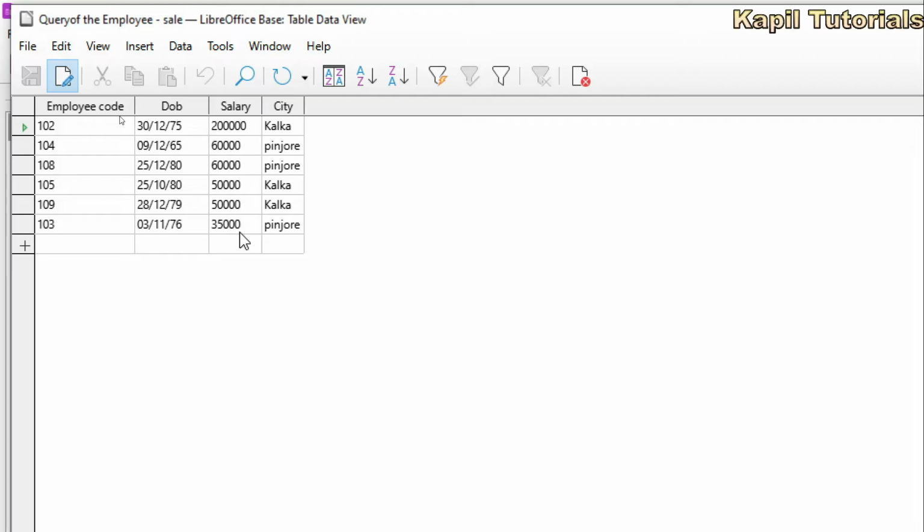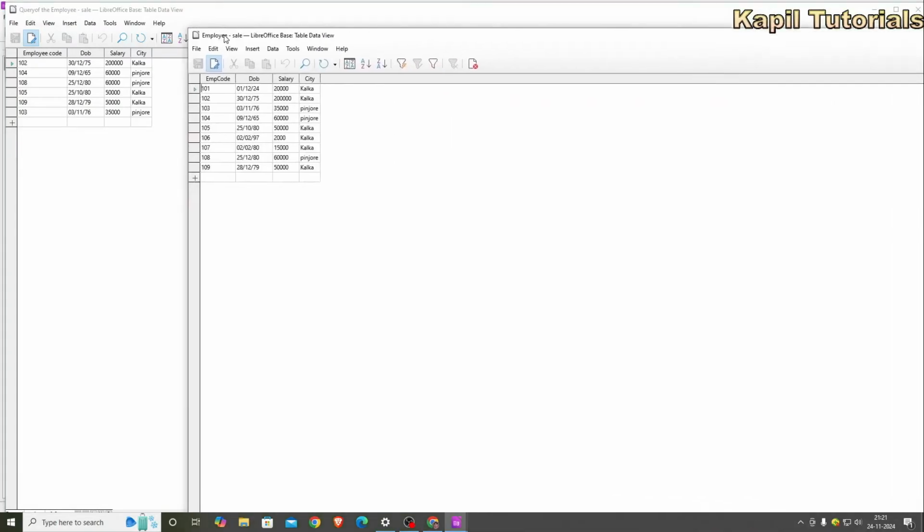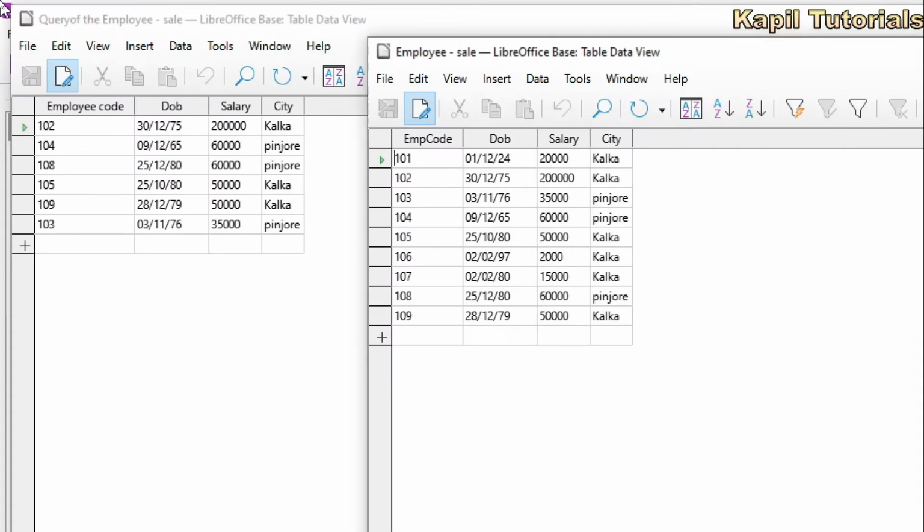The persons who are getting salary more than or is equal to 35,000, only those records are shown here. I could prove that also. You could see here, this is the overall record. Yeah, 1, 2, 3, 4, 5, 6. Okay, this is the query. This one is the